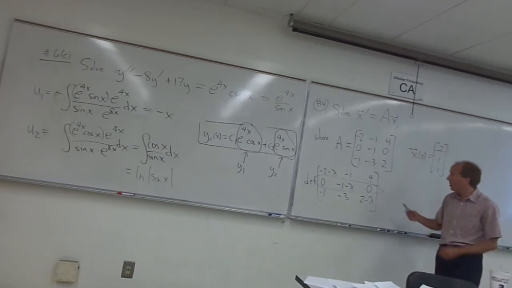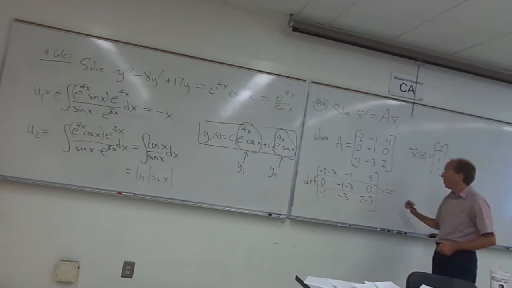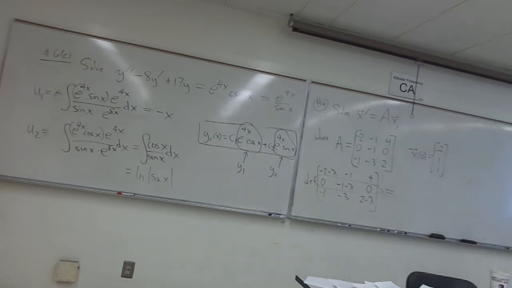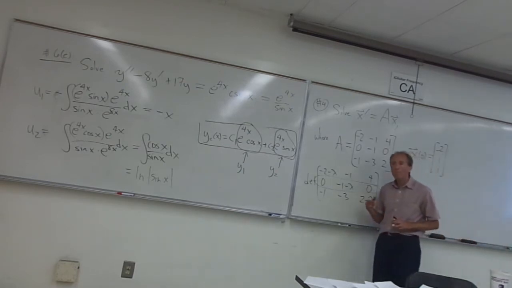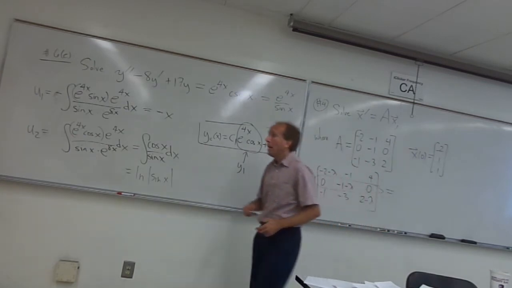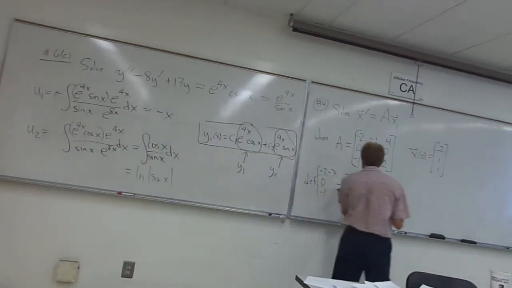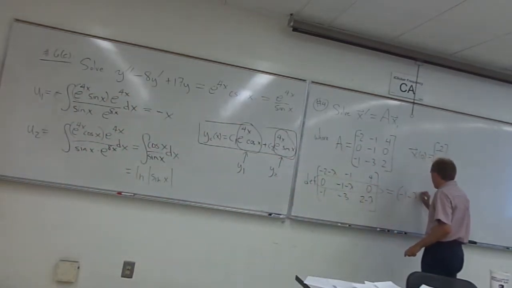So this would be a good one to use. The reason I like row 2 is that when I cofactor expand it, I only have one term. And we know that it's going to be with a plus. So it's just literally as is, minus 1 minus lambda times,